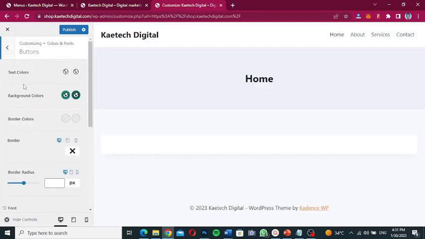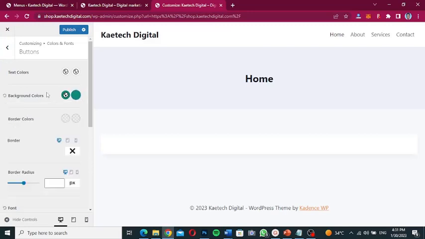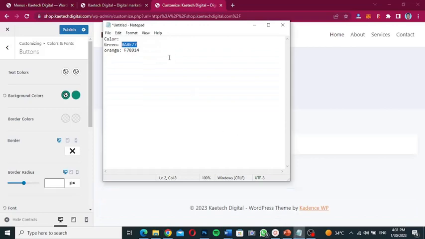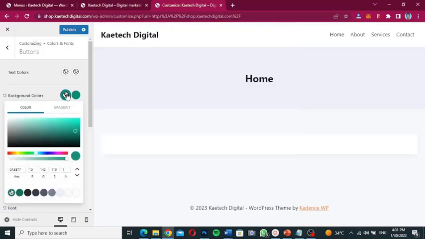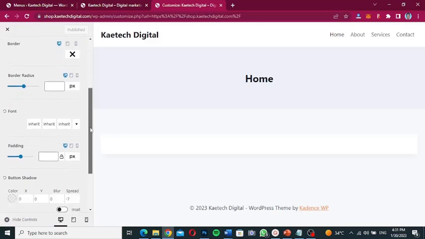and then go to buttons over here. Now with this one, I can change the button. So as you can see, I can change the button color to this one, and then pick the orange color and make it the default button color. So I'm going to change it to this orange, meaning that any button that will come as a result of redesigning it is supposed to be orange, and green when hovered. So I'm going to publish it so that all the changes that I made will